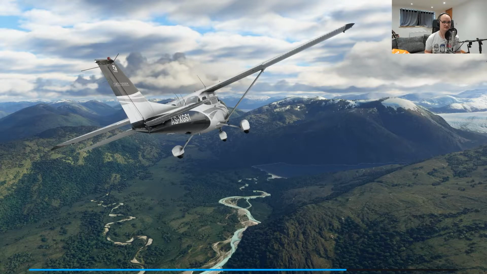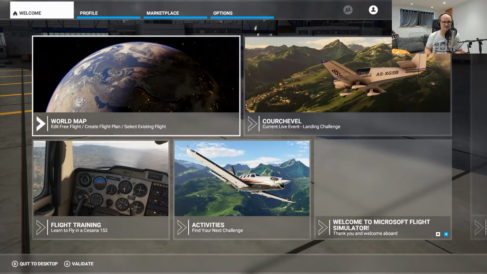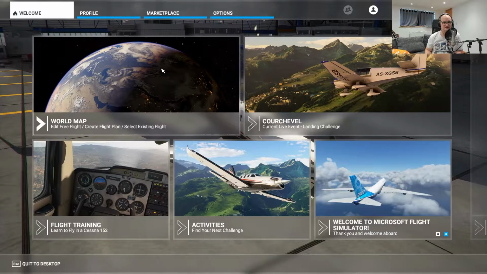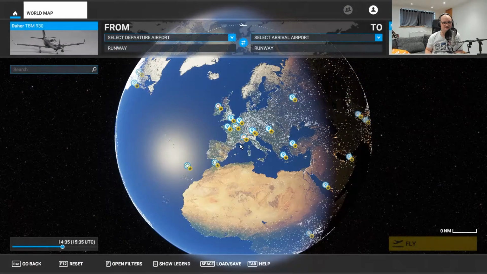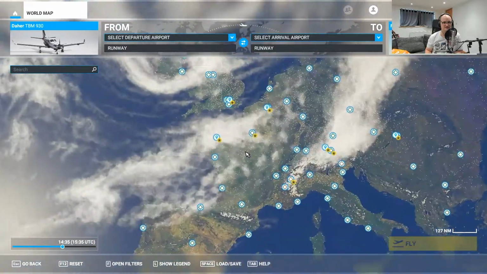Yeah, so we're gonna try and do a takeoff and a landing on Flight Simulator, which, depending on the plane, can be quite difficult, but then again, can be quite easy. It depends. So we'll see. I kept crashing because I was stressing the plane too much on the landing. So I don't know. Should we